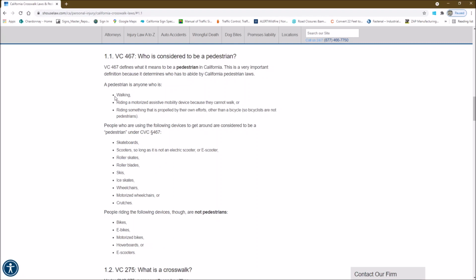Okay, a pedestrian is anybody who is walking, riding a motorized assistive mobility device because they cannot walk, or riding something that is propelled by their own efforts other than a bicycle. So bicycles are not pedestrians. People who are using the following devices to get around are considered to be a pedestrian. A skateboard. So you have to yield to a skateboard in a crosswalk.